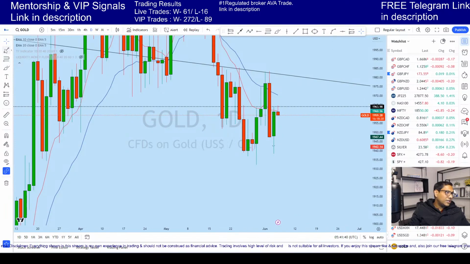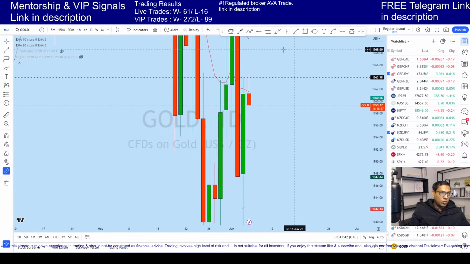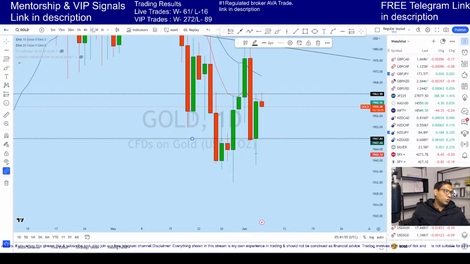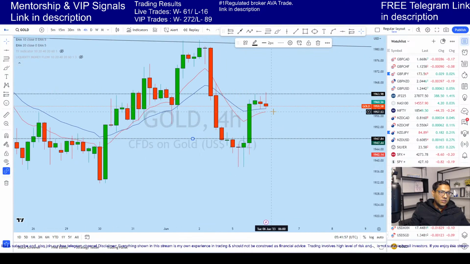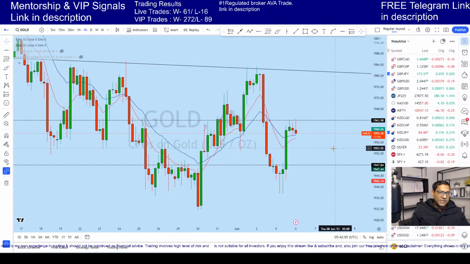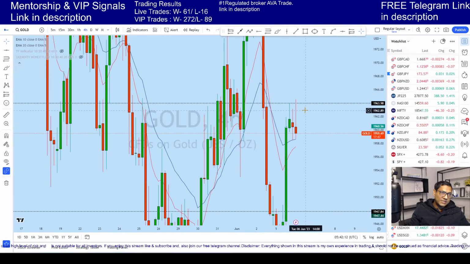Now we see that from the daily perspective, gold, after crossing this daily high and coming down, might even come down today to the daily support level again, which is possible. Now from the 4 hour, this is the 4 hour candle, which is closing in 18 minutes. This 4 hour candle, the one that I see, is neither bullish nor bearish, because you can see the back-to-back two dojis.